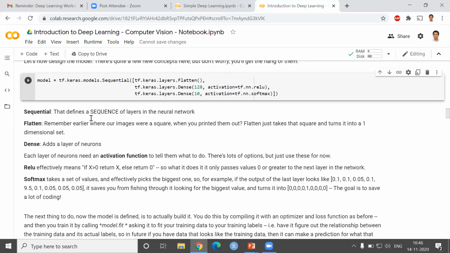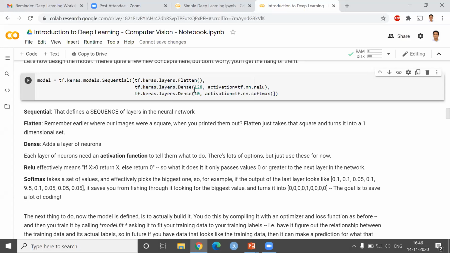What I've just mentioned is given in this notebook. For lack of time, I don't want to go further into it right now. You can just go through this notebook and try to run it again. There are some exercises at the end where you can experiment with different values. For example, here I have given 128 neurons. What will happen if it is 512? What will happen if it is 1024?